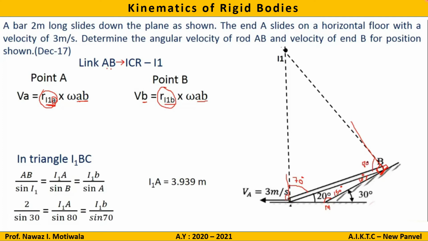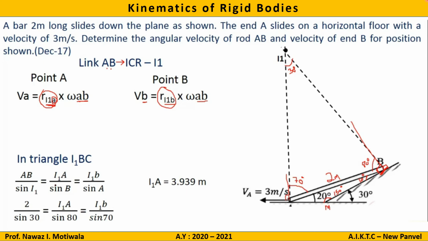That's it, we have done. So this is 70, this is 80. So what will be this remaining angle? This remaining angle will be 30 degrees, because the sum of angles of a triangle should be 180 degrees. So now we got all the three angles, and also the length of AB is given to us in the question as 2 meters. So all the three angles are there, and there is one side of the triangle available.